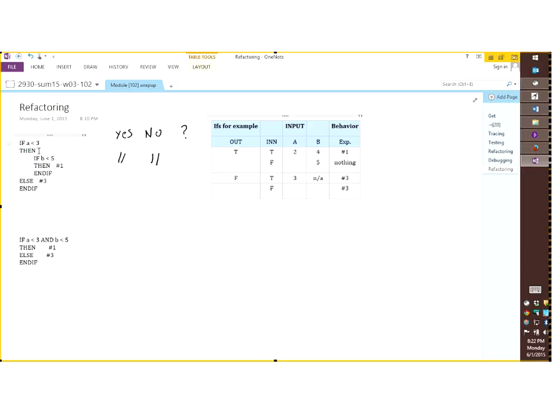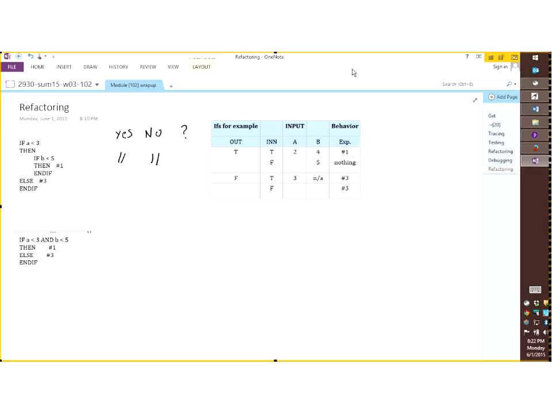And then the same way, if my outer if is false, I end up in the else statement here, I execute code labeled number 3, and I just do code number 3 no matter what happened with the value of B. The value of B is not even tested, so that would be number 3 for those 2 cases at the bottom. So 3 possible outcomes: I execute code number 1, execute code number 3, or I do nothing.